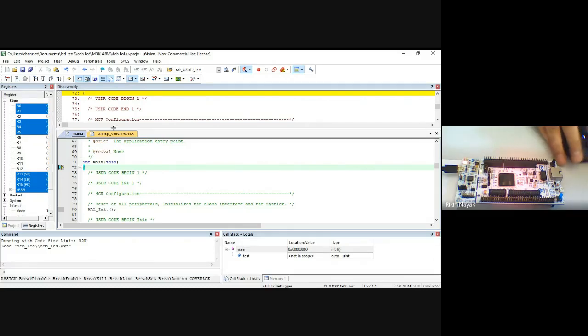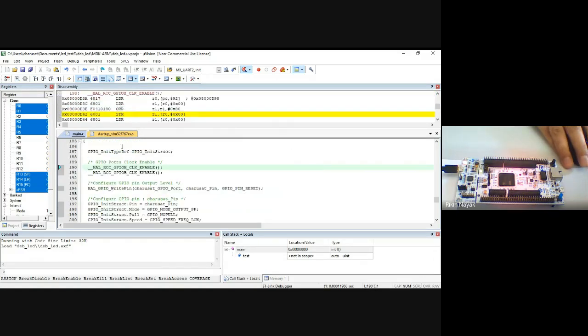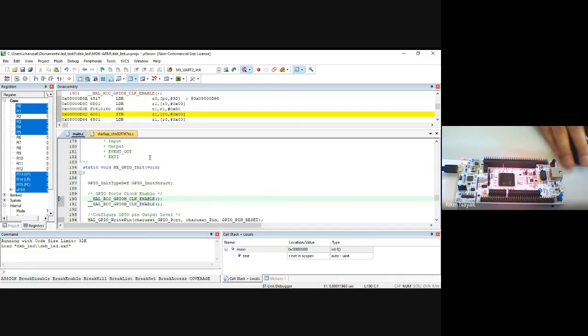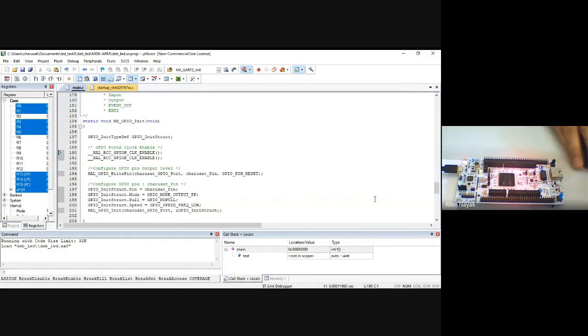Now in this debug, you can see these are the registers of ARM. This is the assembly language program. This is your high level code or C language program, right? So we will not use this assembly part.